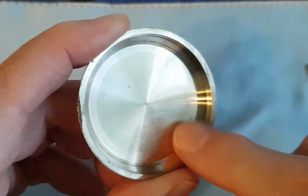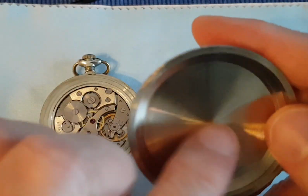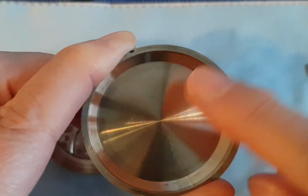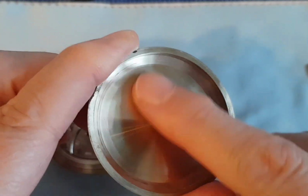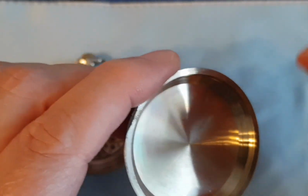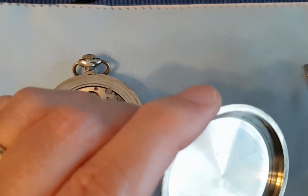But the one thing I did find out is that because it's machined on the back like this, and not like some of the later models of this watch, where the imprint of the train was stamped through and you could see the reverse on the liner. So what I know for sure is this watch is pre-1990s, possibly at the latest somewhere in the 1980s, but it's definitely not the 90s, which I was pleased to read in that guy's research, because as they got closer to 97, I think the company, Molnija, were in business from, I've written it down here,